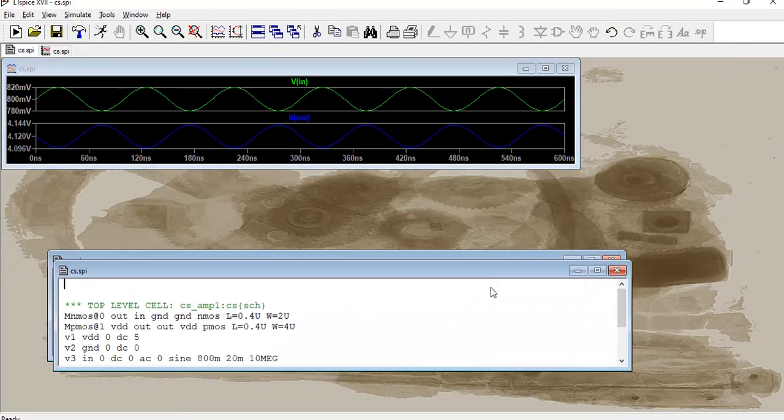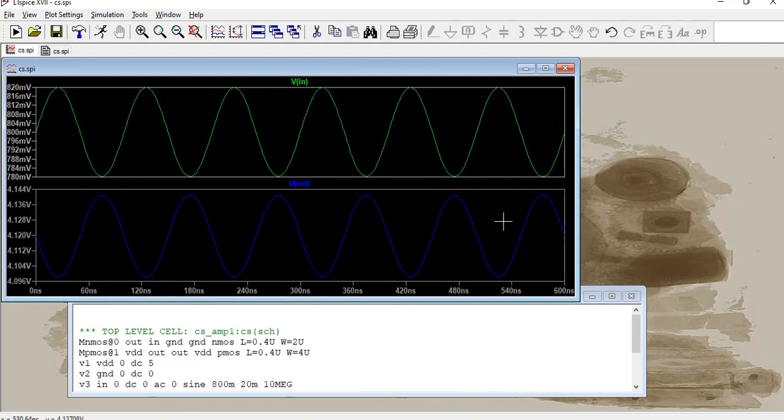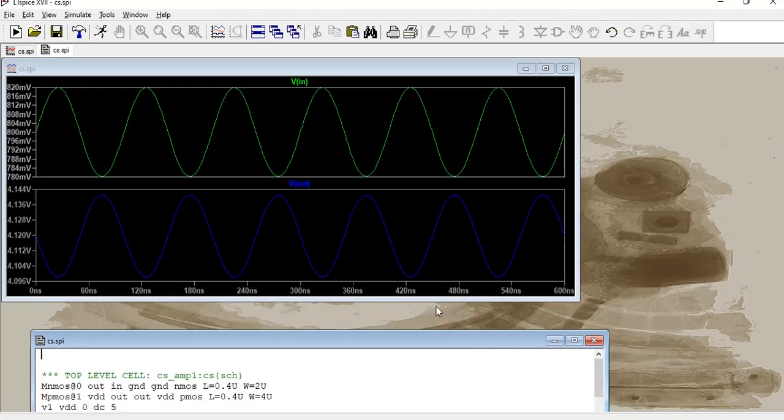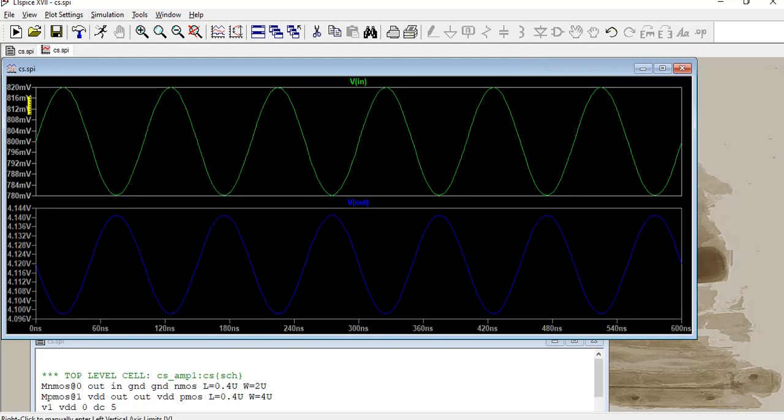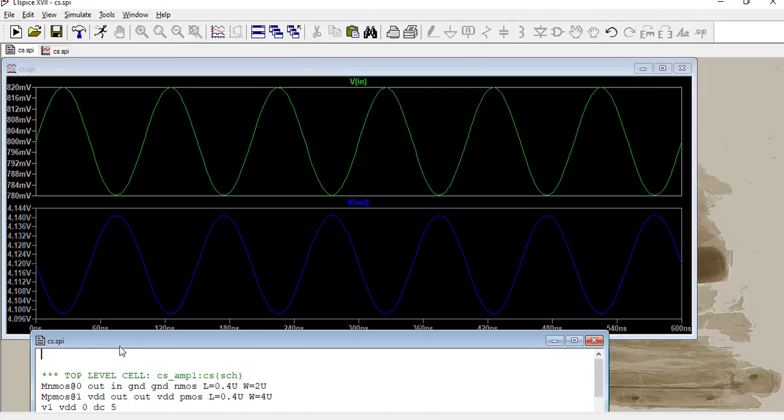Now, the key thing to observe here is whether the input signal has been amplified or not, and in order to see that, just check the y axis. As you can see, the input is in terms of millivolts and the output is in terms of volts, and since it is clearly visible that the value of the output is quite larger than the input, I can say that the input has been amplified. And of course, since the basic nature of the common source amplifier is that it's an inverting amplifier, you can see the output has been inverted.